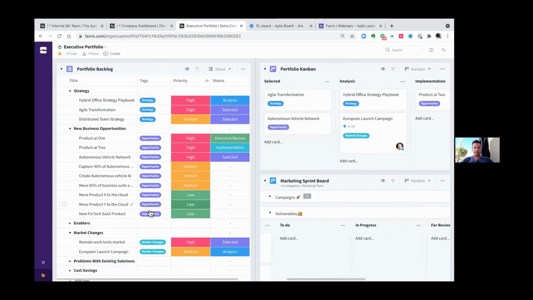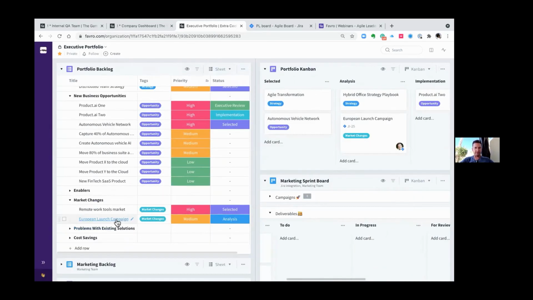So for example, I have this European launch campaign sitting here in my portfolio backlog under market changes, how we're going to respond to current market changes. So maybe we want more exposure in Europe. We have this European launch campaign that we want to do. We can see that both here in the backlog and on the board, this is currently on the portfolio Kanban